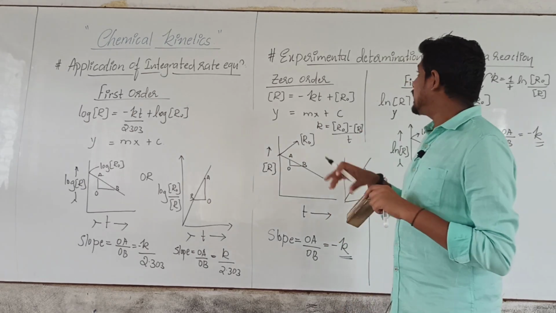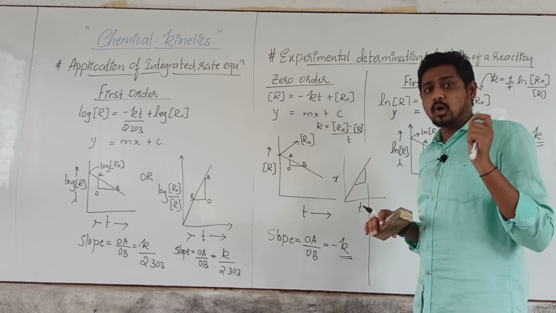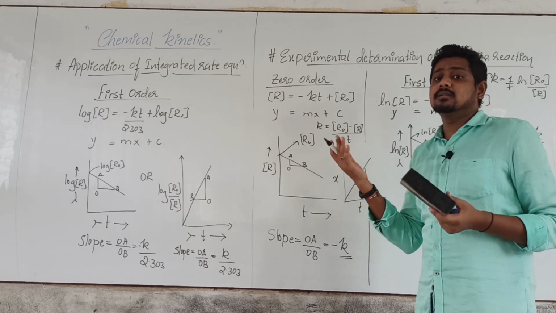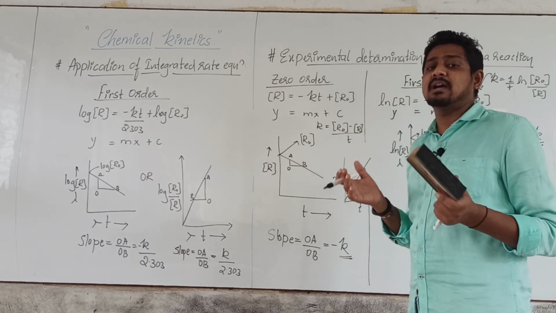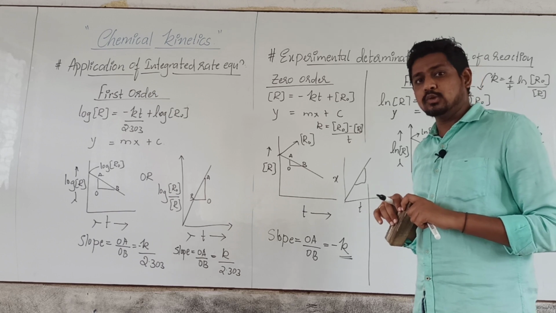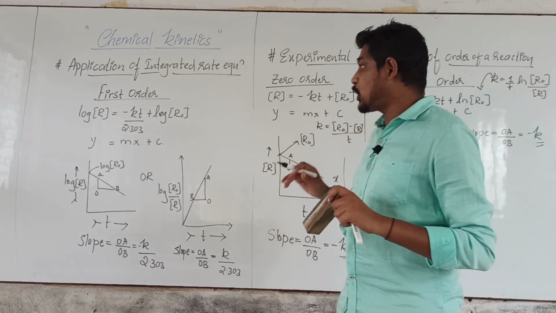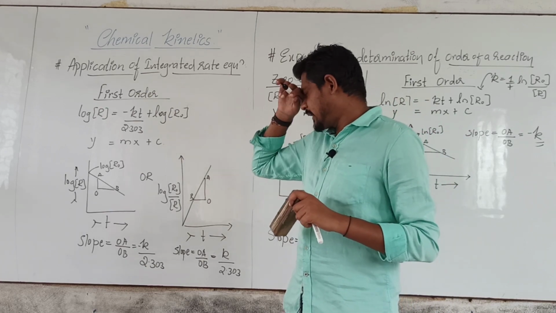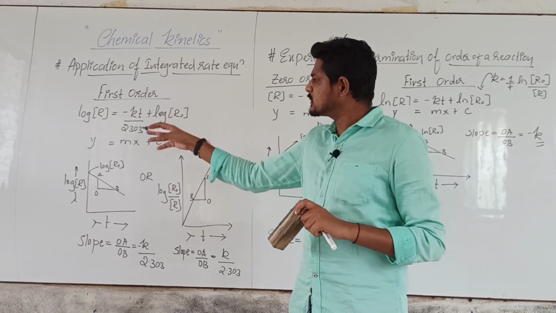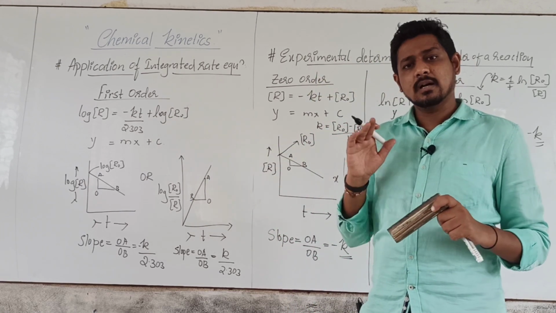Now, experimentally how do we determine the order of the reaction? By plotting a graph, that is, rate versus concentration. Different order reactions will have different natures of graphs, so please carefully look into those graphs. Then finally we have also plotted a graph of the integrated rate equation versus time, that is, concentration versus time. So please do look into the graphs carefully.